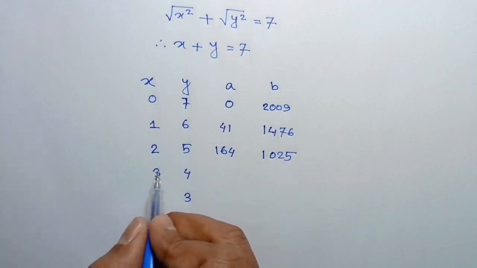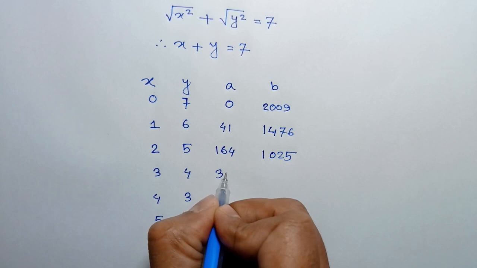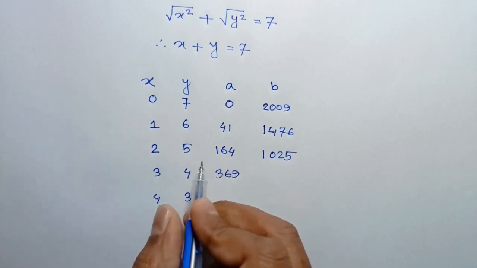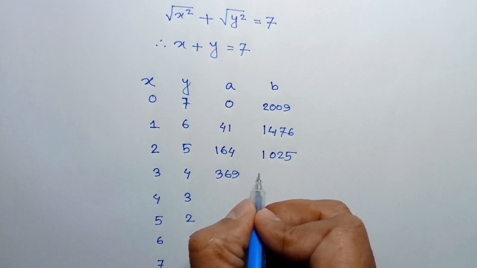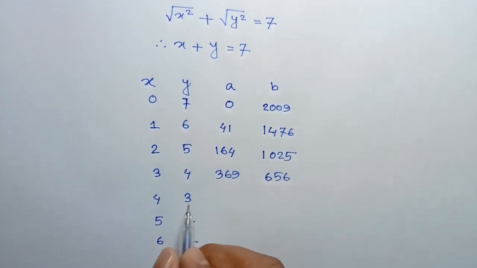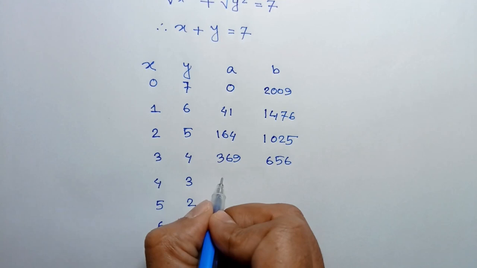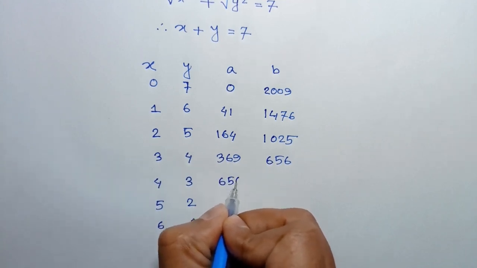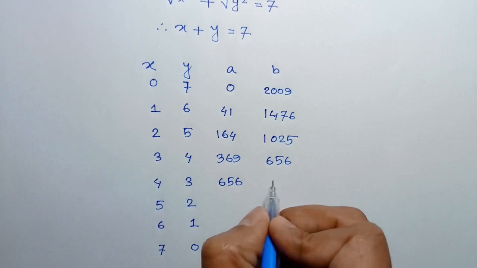And when x is equal to 3, then a will be 369, and for y is equal to 4, b will be 656, and when x is equal to 4, then a will be 656, and when y is equal to 3, then b will be